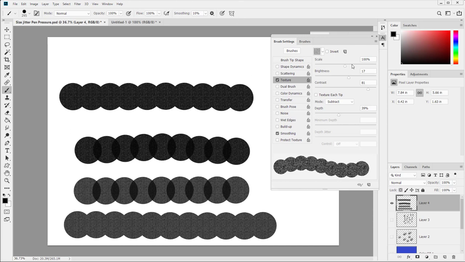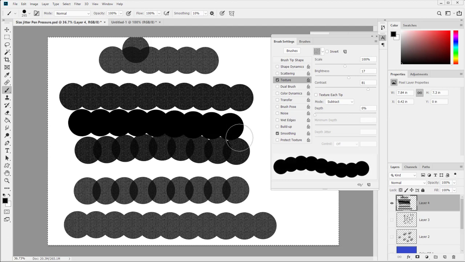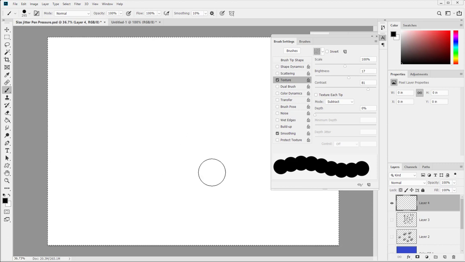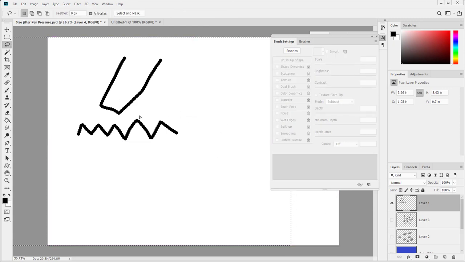So what does this magical depth do? Well, all it's doing is saying how much texture should be applied. At 0%, and I say that now, it will make more sense a little later. Well, let me just draw a little diagram. So let's say that you had a piece of chalk and you had a kind of grainy texture going on. Now, if you took that piece of chalk